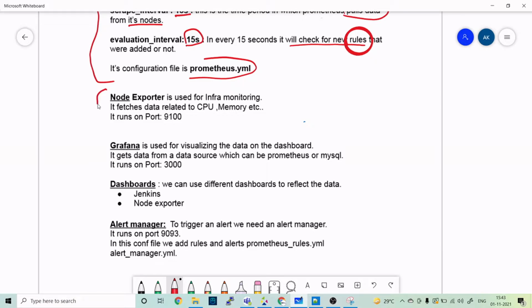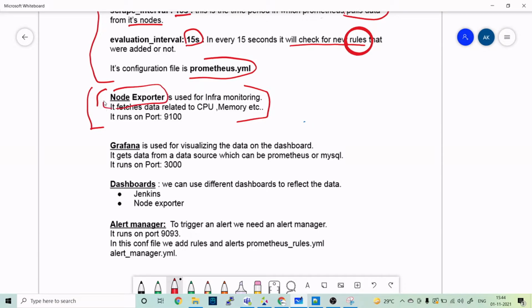When you install Prometheus, it will give you some default metrics. For example, if you want to run a query or get a graph, Prometheus will give you some metrics. But if you want to monitor CPU, memory, disk alert, or machine related things, for example network in, network out, server related stuff, you need to use node exporter.